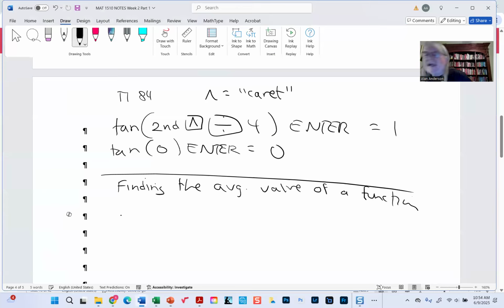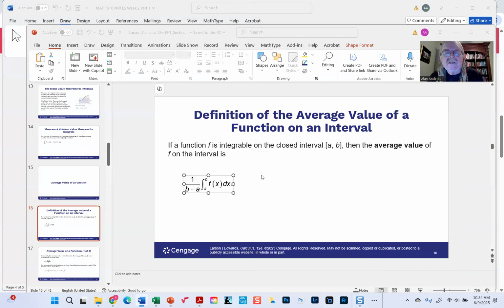So you can easily imagine applications for this, like in economics, you might be asked to say, well, I know that the cost of producing my product can vary depending on the quantity. On average, how much does it cost me to make this product that I'm producing? I need to know that, obviously, to survive in business. If I don't know what my own costs are, I'm not going to hang around very long. Okay, so here it is. And so the example they're going to give us is,